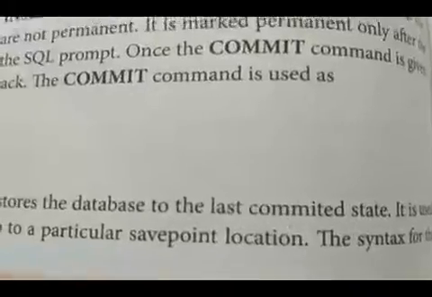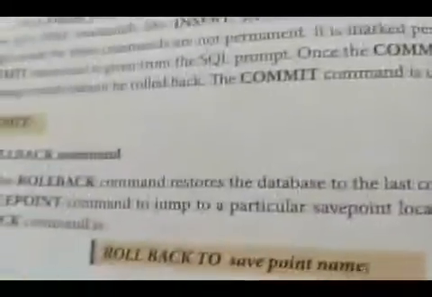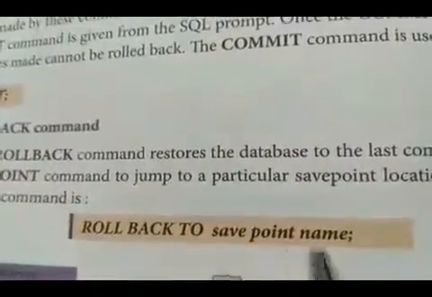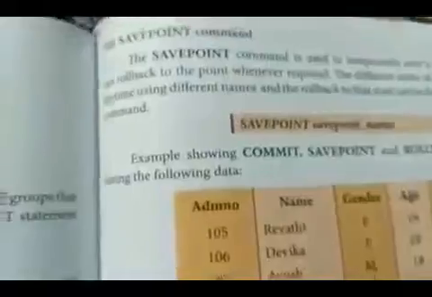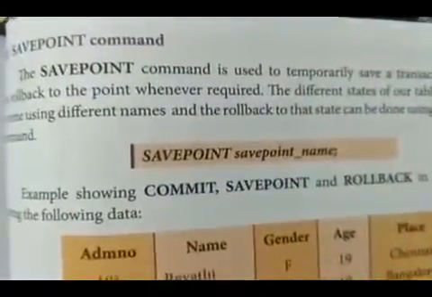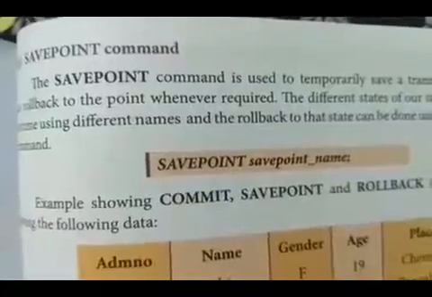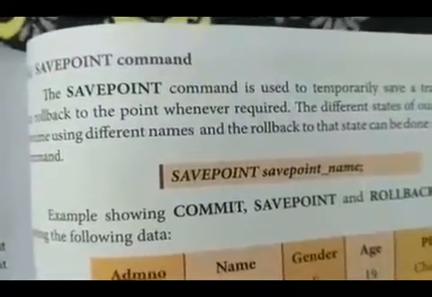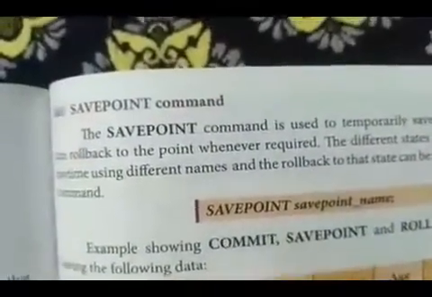Okay. So before using the rollback command, we have to use the save point. So what is the purpose of the save point command? It is used so that each transaction is saved as a point, and after we use that point, we can easily move. We can use this command with a better example.